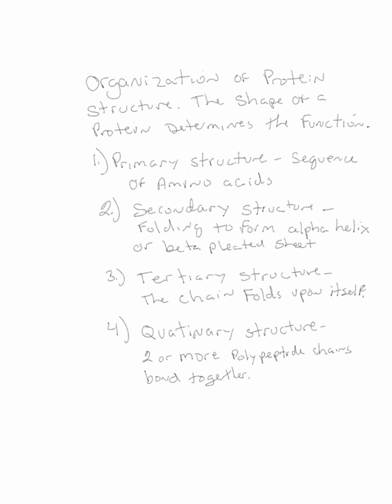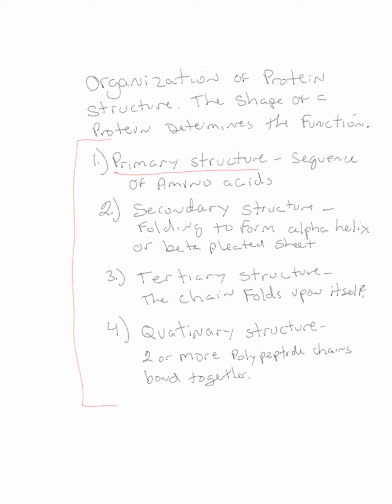Now, if you look at proteins, they can be very complex. The shape of a protein determines the function of a protein. If you change the shape of a protein, it no longer has the same function. So we can describe 4 levels of organization of the structure of proteins. The primary structure, that is the